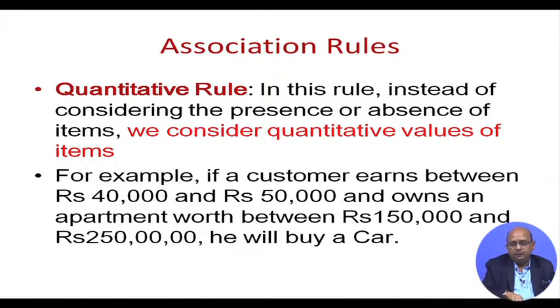Okay, if you have a PC, you need a printer, right. So you are going to associate PC with the printer. Now here what you are going to do is not simply look at the absence or presence of a particular item, but see how they can be related. So you say that, okay, if your earning is this much, then you are likely to buy a car. So as a seller, I am going to approach you, because if you fall in this category, then you are going to be a potential buyer, right.